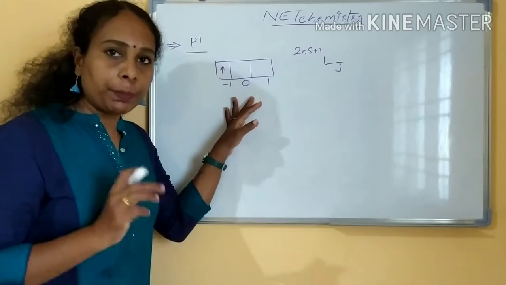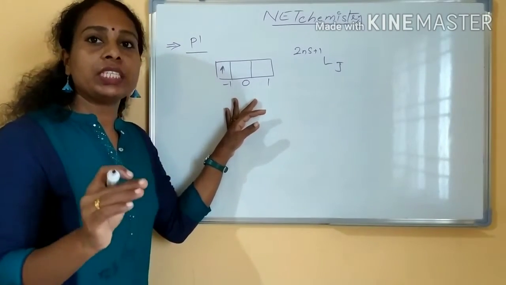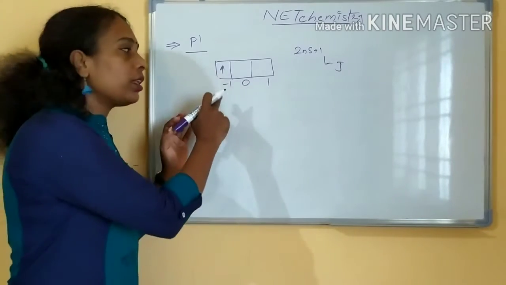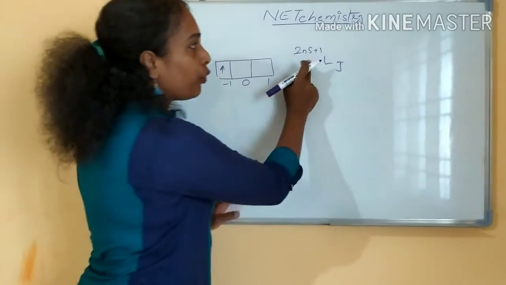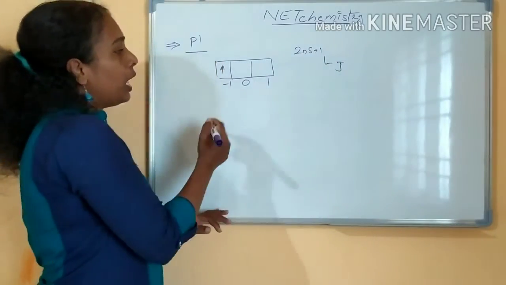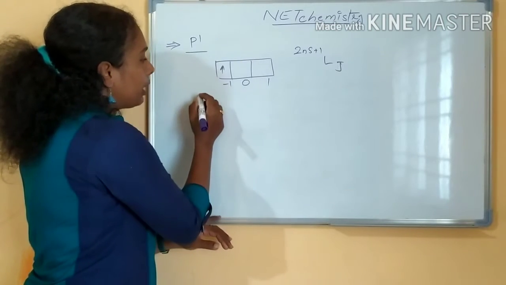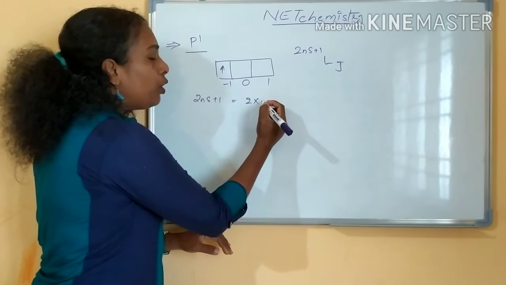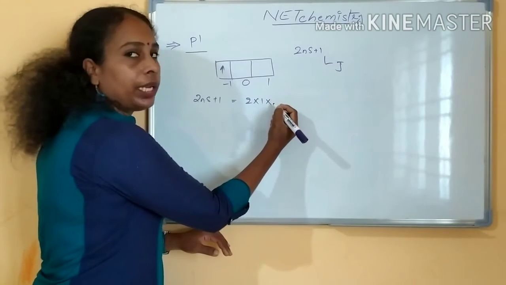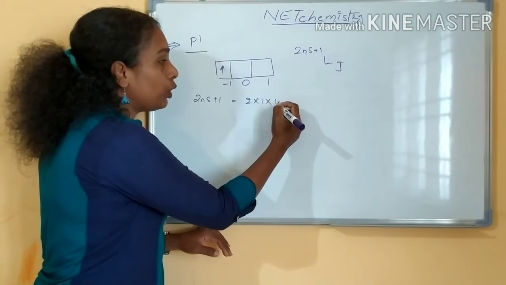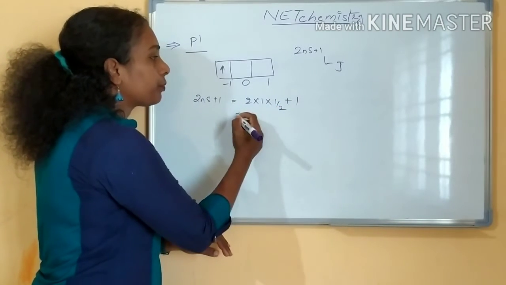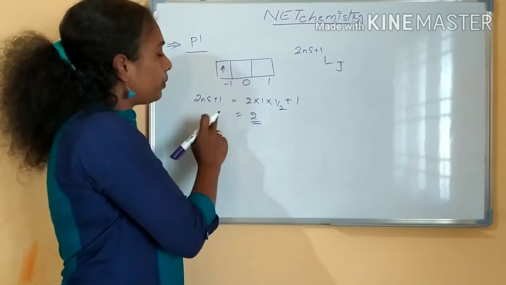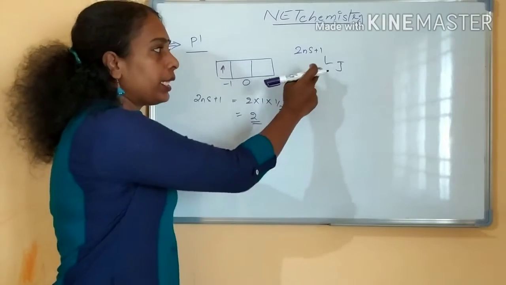You know for P electron the L values are minus 1, 0 and 1. I have written the L values for a P orbital. Only one electron is there, so I have given one electron. This is the formula for finding out the term symbol, and N is the number of unpaired electrons. So I first calculate 2NS plus 1. How many unpaired? The value of N is equal to 1, and the value of S for one unpaired electron is 1 by 2, so 2 times 1 times 1 by 2 plus 1. So what you are getting? 1 plus 1, 2. The 2NS plus 1 value you got is 2.